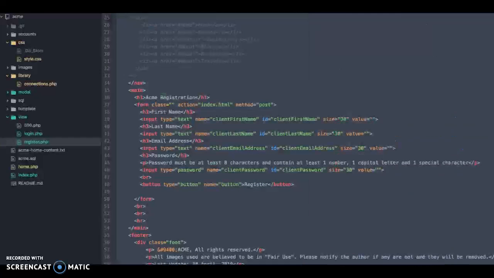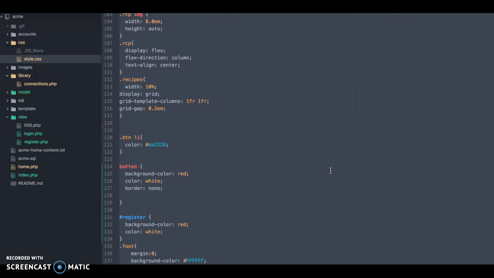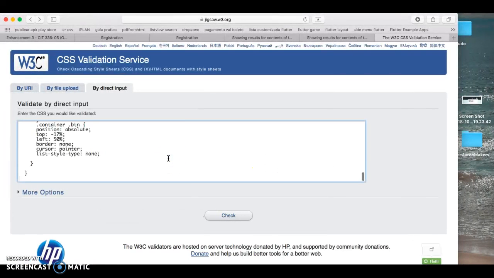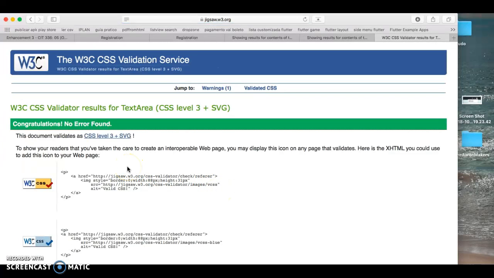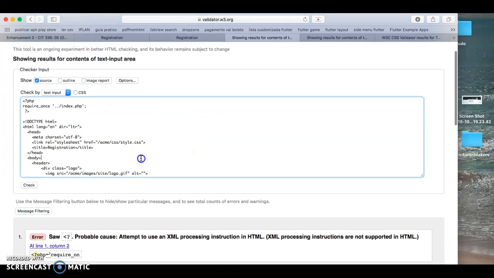I'll show it through a direct input and check. No error found. This is my login page,